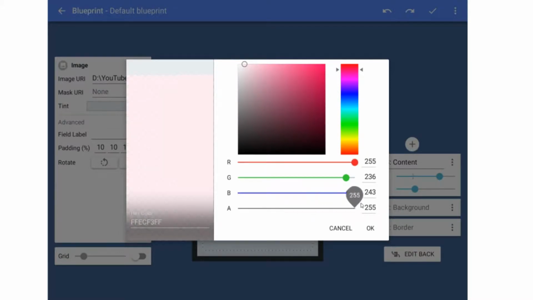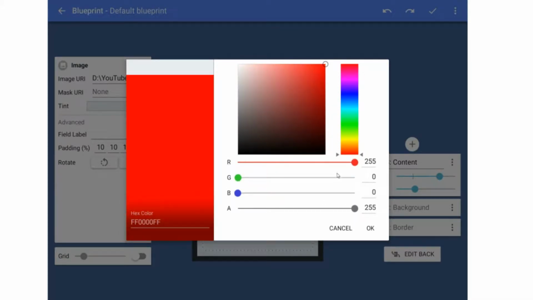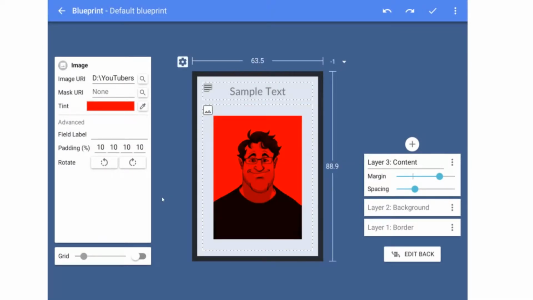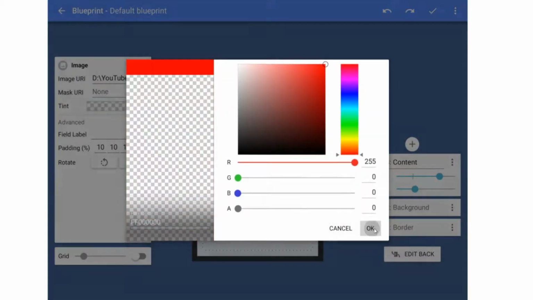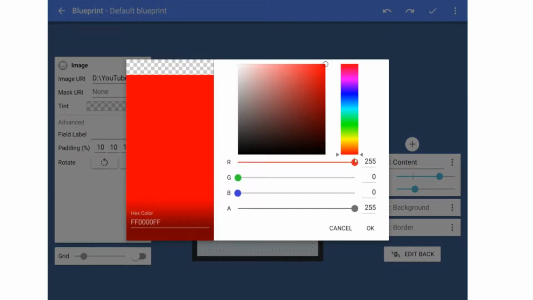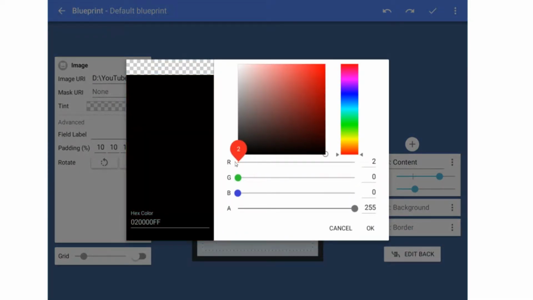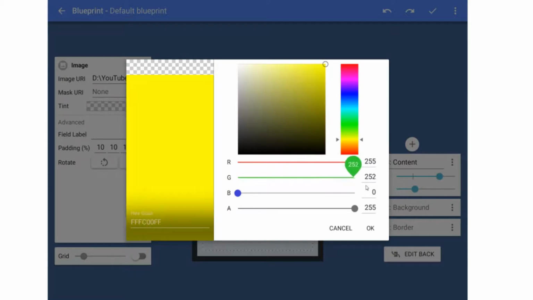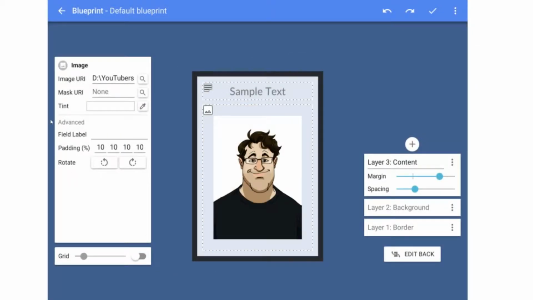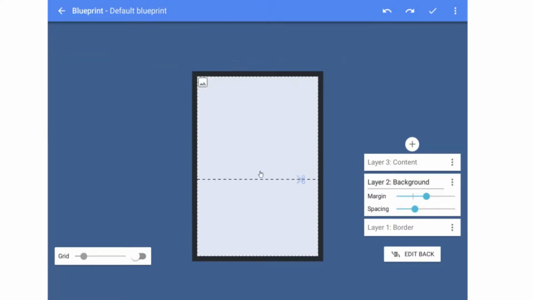Let's say I want like a bright red background. Oh, no, that does a tint. This is not what I was expecting. Okay, let's remove the tint. I didn't want to remove the image. That was silly. Okay, white tint. There we go. And if we change the background layer